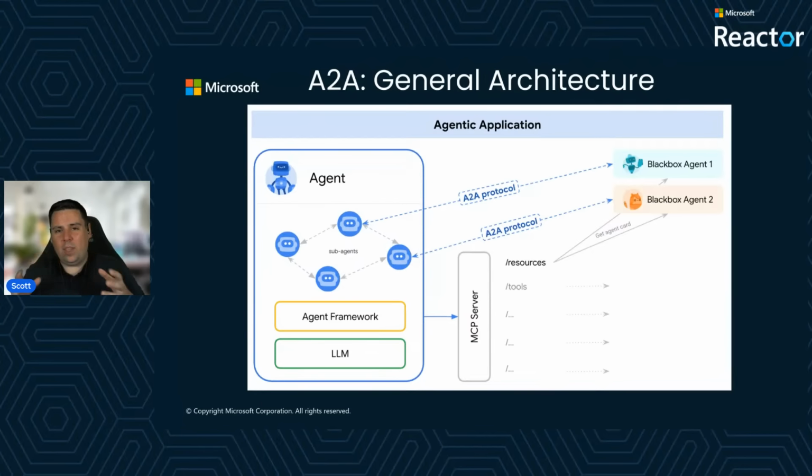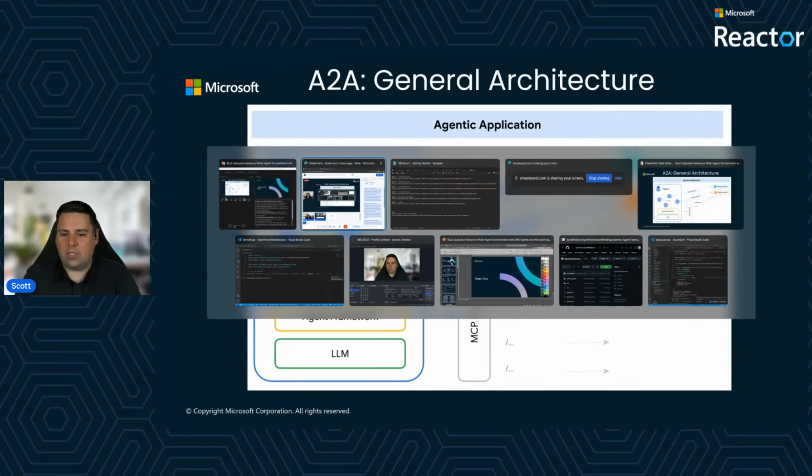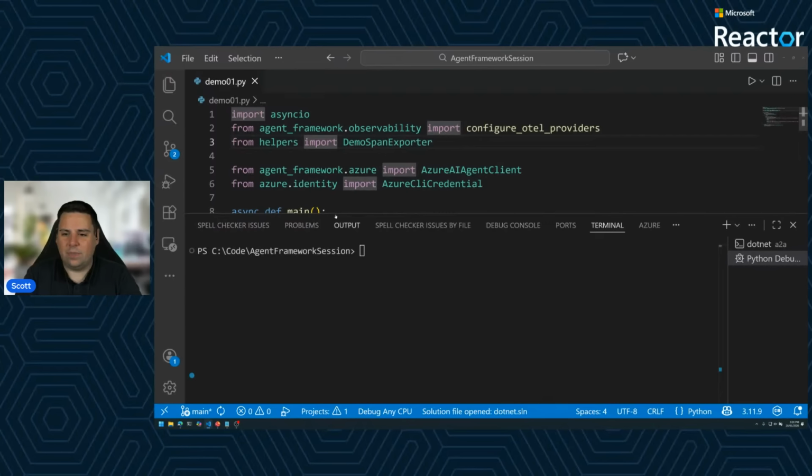So with that, I actually want to dive in and let's do some demos. Let's look at a lot of this hands-on. And as I said, I want to take you from those fundamental basics of what it means to use the Microsoft Agent Framework through to building truly agentic systems and building agent-to-agent interactions locally and remotely. So with that, let's jump across into VS Code and look at our first demo.